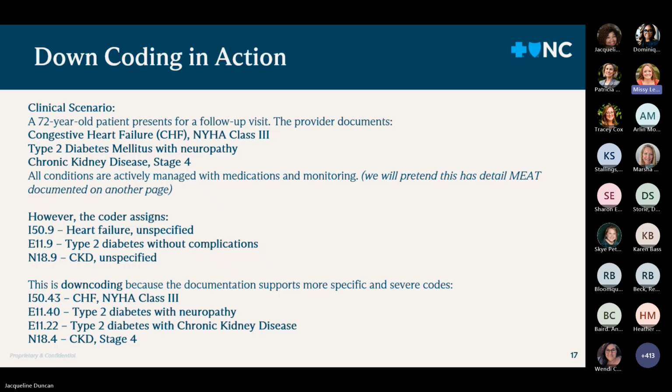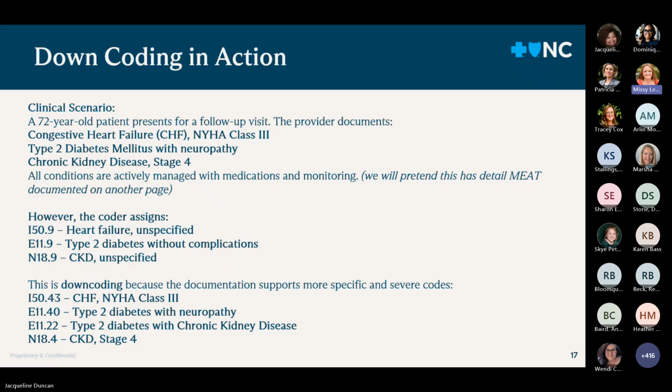Common causes include incomplete documentation, vague condition descriptions, and over-reliance on EHR defaults that assign generic codes. For example, a 72-year-old patient with documented CHF, NYHA class 3, diabetes with neuropathy, and CKD stage 4 was coded with unspecified codes I50.9, E11.9, and N18.9. The correct codes I50.43, E11.40, E11.22, and N18.4 would have captured the true severity and appropriate